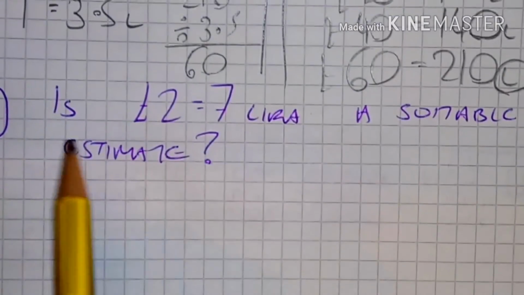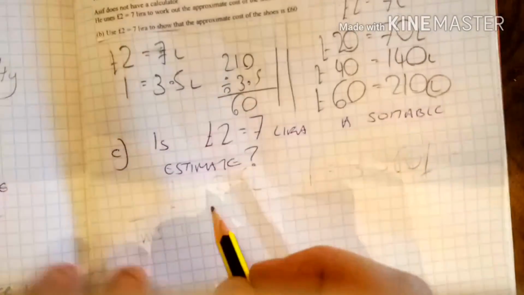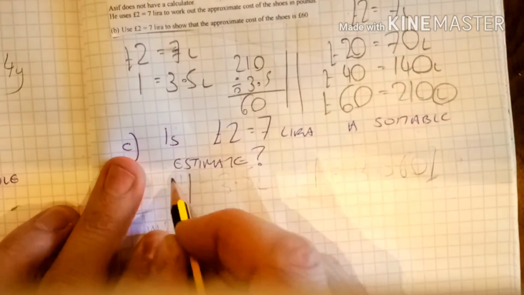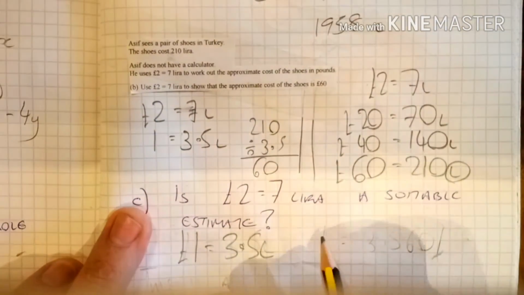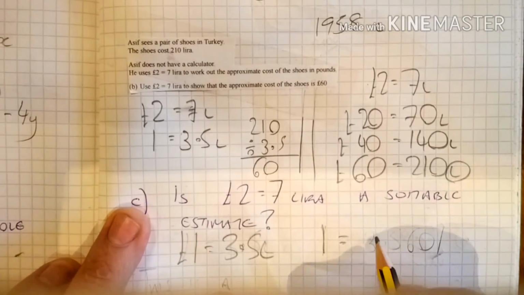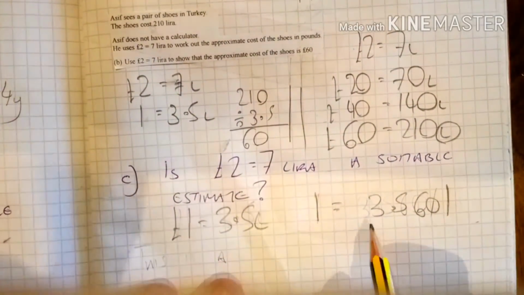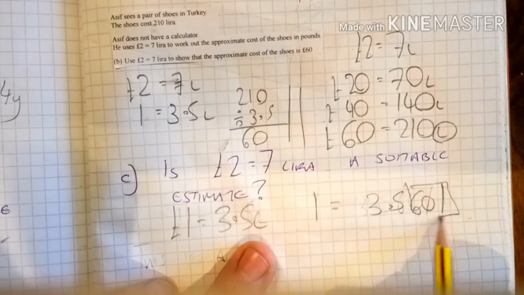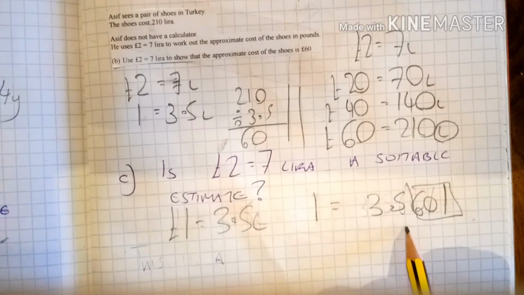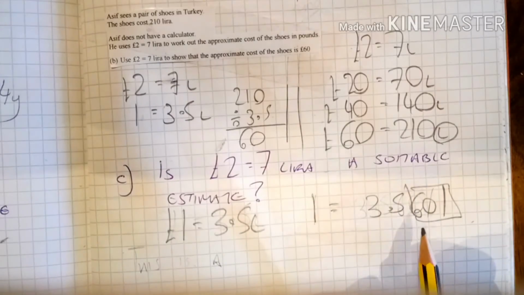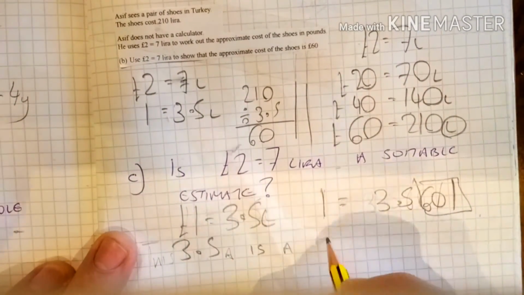Right, is £2 equals 7 lira a suitable estimate? Now, we know £2 equals 7 lira is £1 equals 3.5 lira. The actual question is telling us that £1 equals 3.5601 lira. Now, if you look at this, 3.5, that's fine. It's 601, so this is really like 1/100th of a lira. So that'll only become an issue if we're multiplying by 100. So I'm going to say that 3.5 is a good estimate